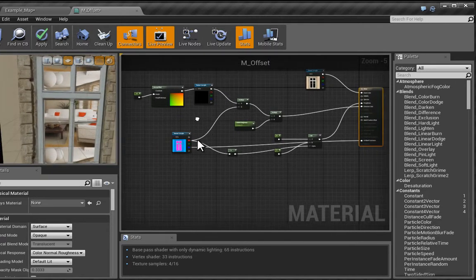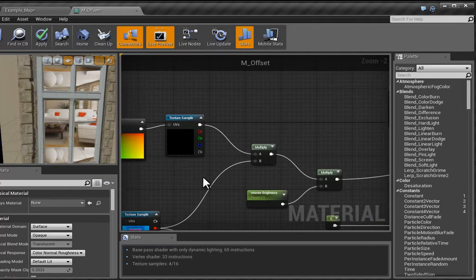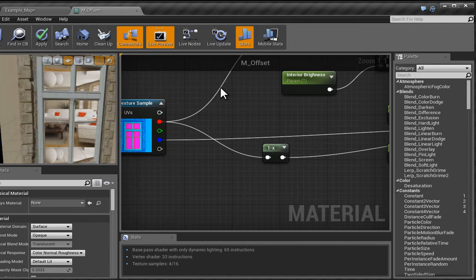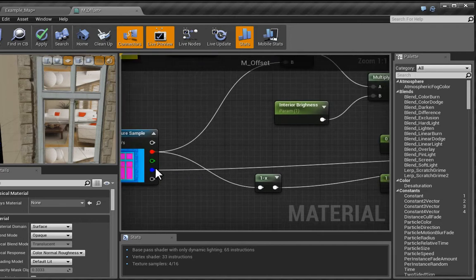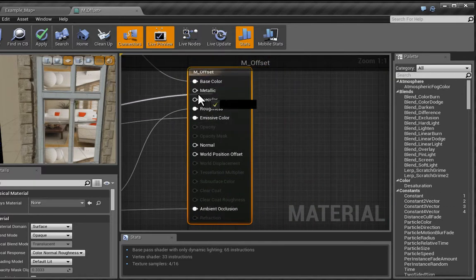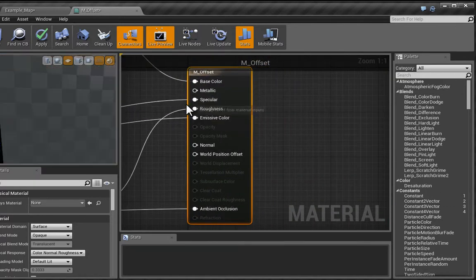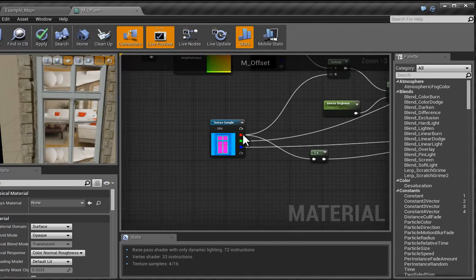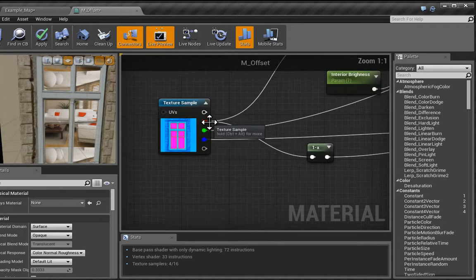But if we look at the actual texture, you can see that we have these lines coming off from the red channel, and I also have them coming off from the blue. Now I can also plug the specular into the specular color over here. So you can see that what we're actually doing is using the textures from those channels inside Photoshop appropriately